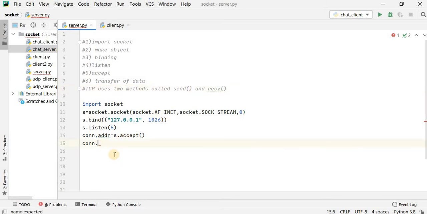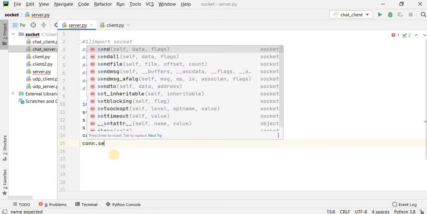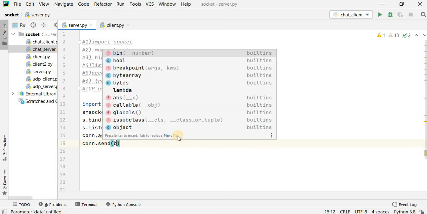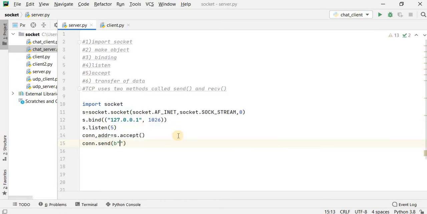In my case I am sending the packet, so conn.send. Also, one thing you have to remember is that in socket programming all the content has to be transferred in terms of bytes, and this is indicated by b over there. So in terms of bytes, what message do I want to send? The message is, "Hey, this is server."